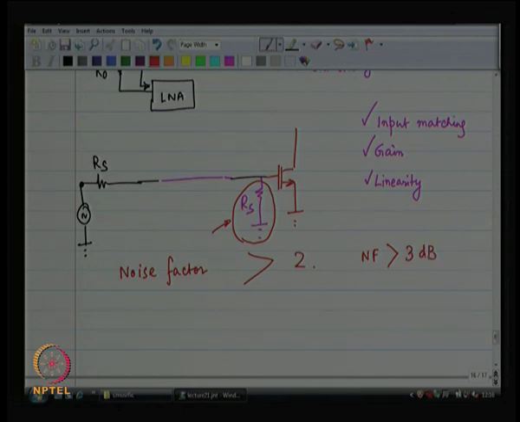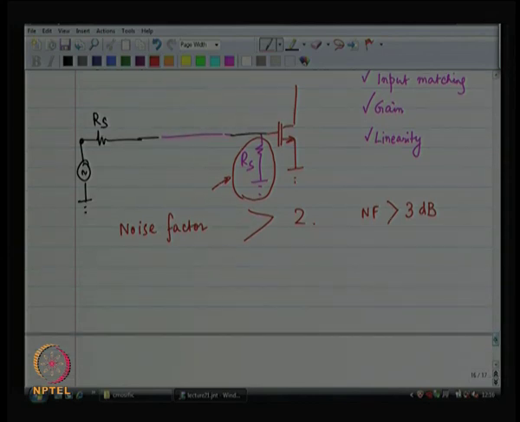Now, in the world of low noise amplifiers, a noise figure of 3 dB is not competitive. Every 0.1 dB of noise figure counts, all right. And if you produce a low noise amplifier of noise figure 3 dB, people are going to laugh at you, right. Every 0.1 dB of noise figure is very, very important. So, this is just not good enough. This is not going to make it to production. Your boss is going to laugh at you if you make this circuit,